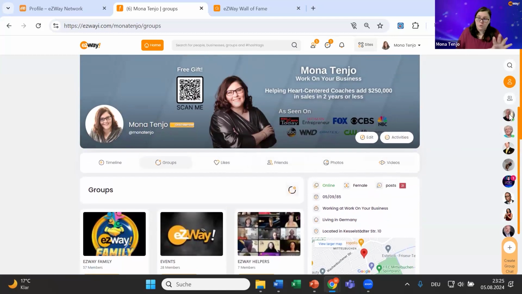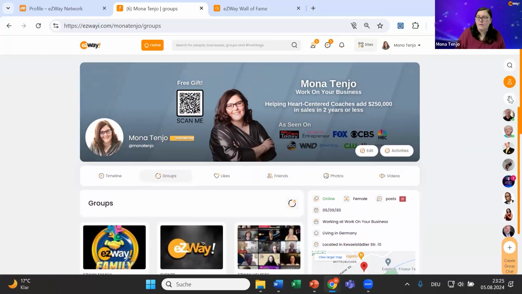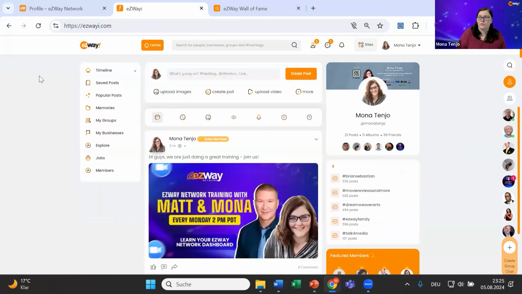Now, this is still your profile. This is like in Facebook when you are on your own profile and you want to check what's going on. If you want to see what's going on overall in a network, then you just click on home here on the top, in the middle, on the orange button, home. This will guide you to the entire timeline. This is like the login screen on Facebook. You will usually come to your entire timeline where you see everything that's going on in the web.